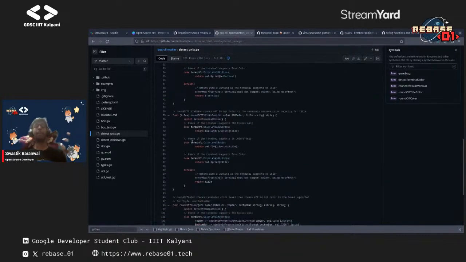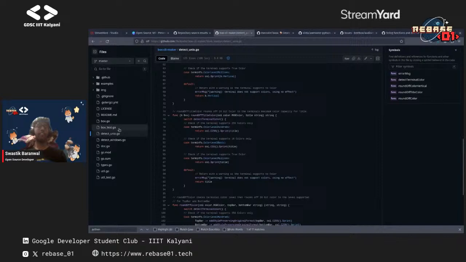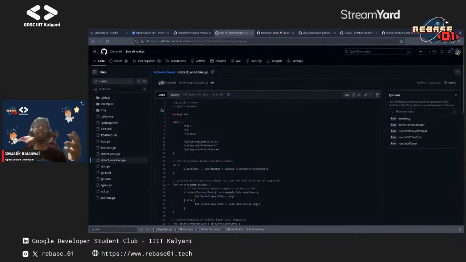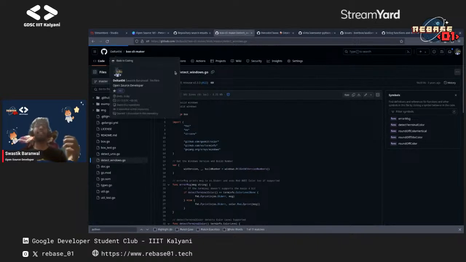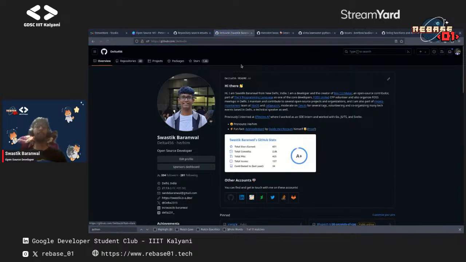As you can see, this is my self-written code, which wasn't there in the original library. And this took a lot of research and a lot of testing before I could even do this release. Now there's another example which I will be showing. This is the example which I was talking about back then.